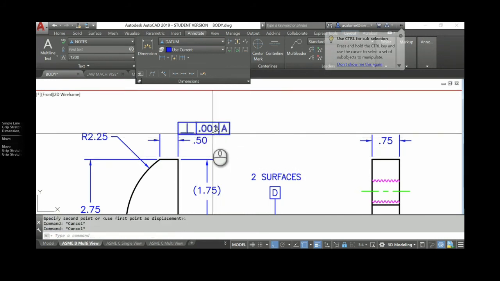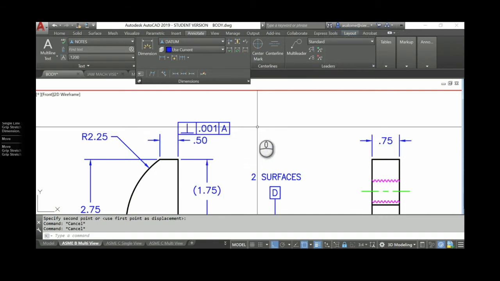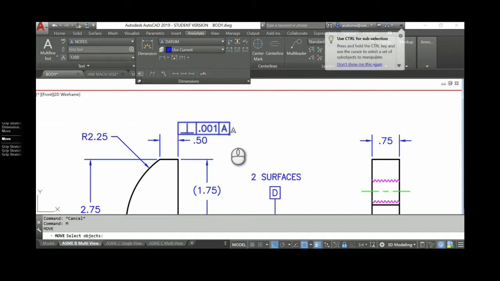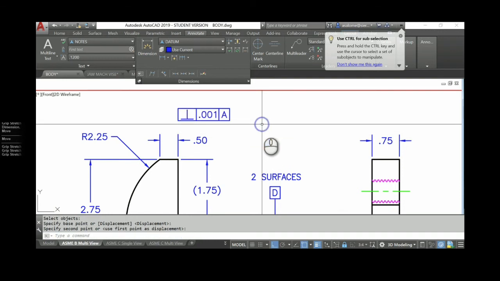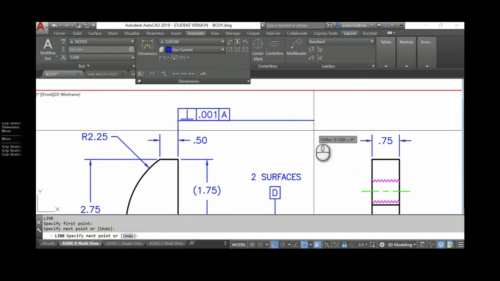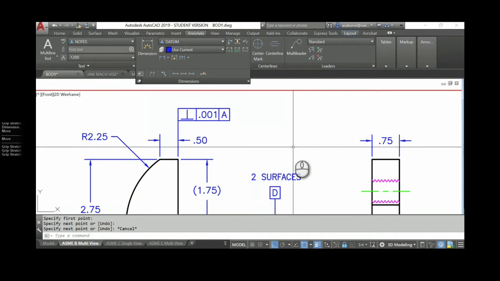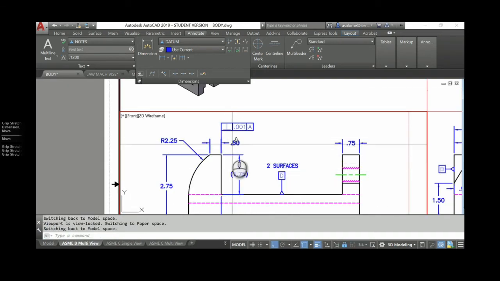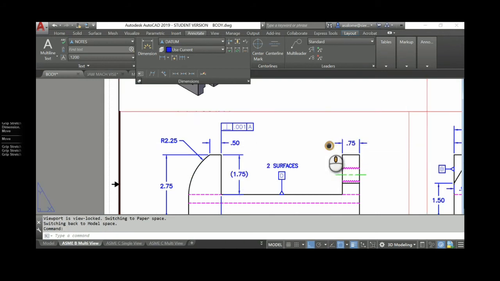Now this is a problem because these are a little bit too close together. So I'm going to move this a little bit, and I'm going to take a line segment, just a regular line, and extend that extension line so that it's hanging as a flag. Look, it looks like a flag on a flagpole at the end of the extension where this face appears as an edge. Okay, let's do another one.